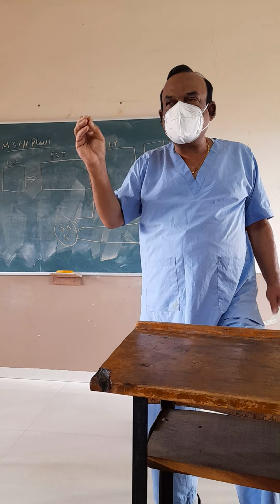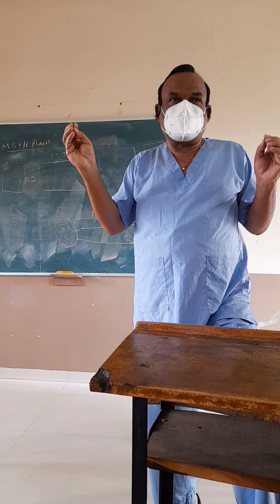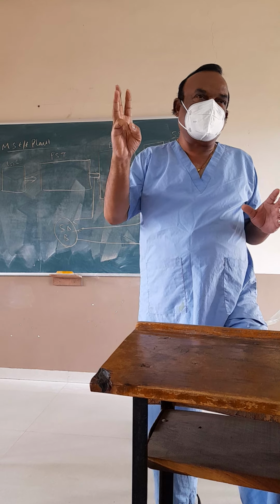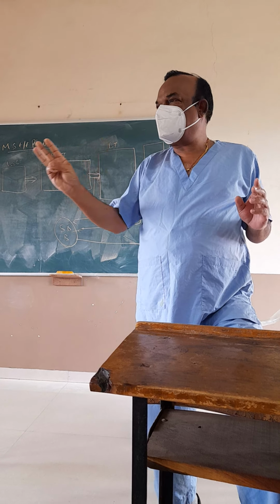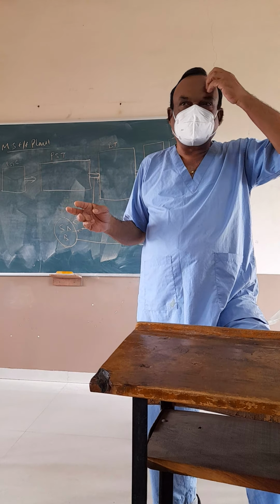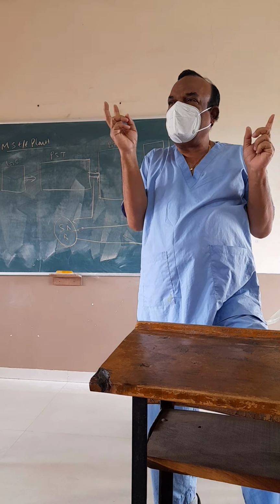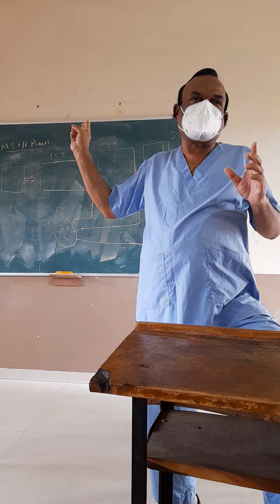End results of the secondary treatment plant are five: methane, ammonia, carbon dioxide, water, nitrates and nitrites. So these are the five end results of the secondary treatment plant, while the three end results are of the primary sedimentation tank. So now it is clear that we get two things after the primary and the secondary treatment plant.